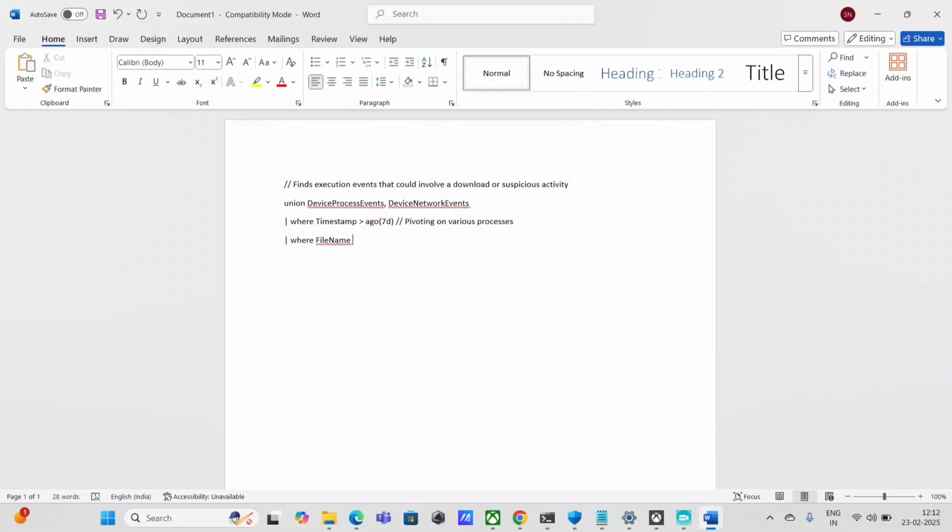This file name again is going to be a column, which in the end result I will project to display data in the form of columns. Basically, I'm going to say file name matches, all right. There is one character that I'm looking for on my keyboard, yeah, this one. And so basically where file name matches some of these processes: powershell.exe,